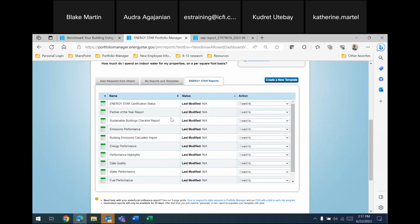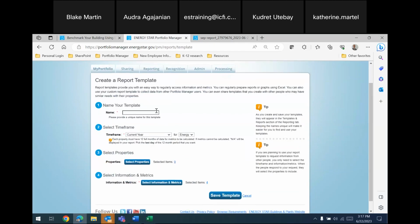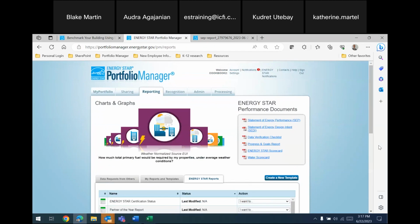At the moment, they're blank, but you can add your buildings to it and download a current report. Creating a new template is also very easy here. It's the same method that you would go through creating the template for the previous process, and you would click Save Template. So that concludes the live demonstration portion of this